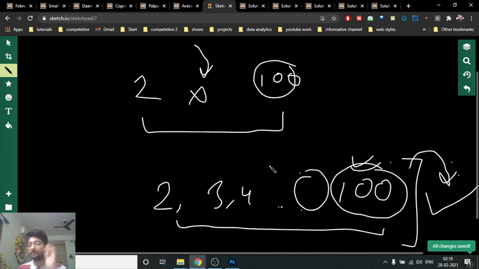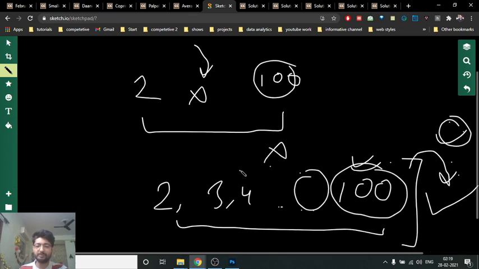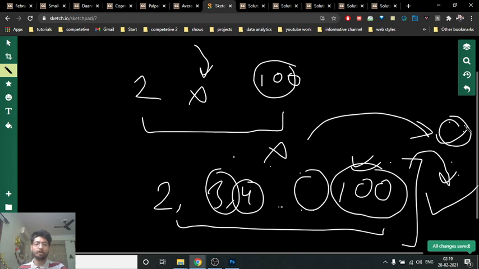I hope you get the point, because I'm not taking out any number, I'm taking out a prime number. If you take out a prime number and any number in between, they will always be co-prime. A number and a prime number will always be co-prime. I hope you get the point. You just have to find the next prime number which is greater than my range, which is the R value.